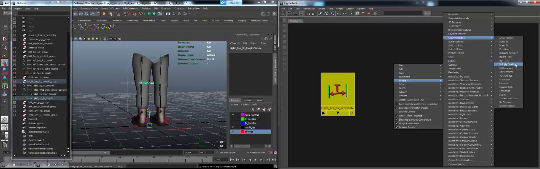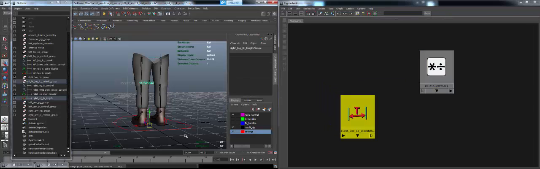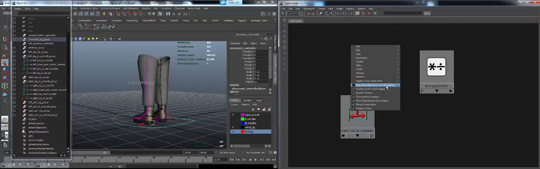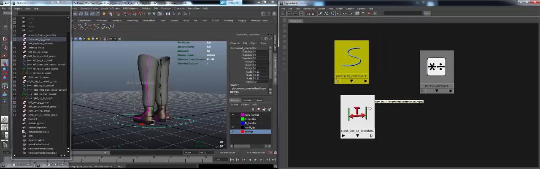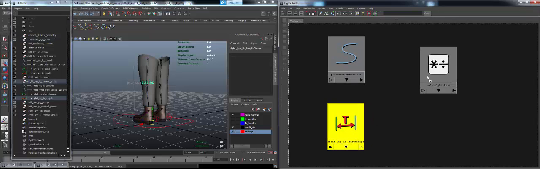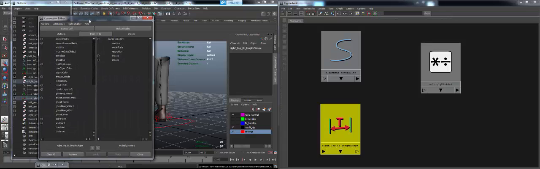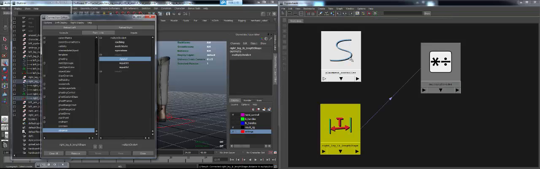a multiply divide node, and I also want to add to this graph my placement controller, which contains my character scale. So I'm going to graph and add selected to graph. Now I'm going to middle mouse button and drag to other and place my distance into input 1x. I'm also going to place the scale